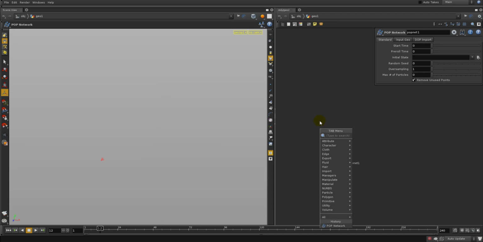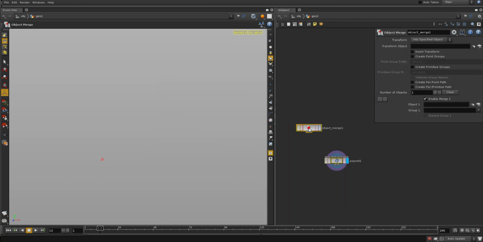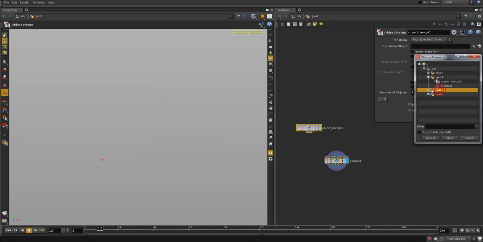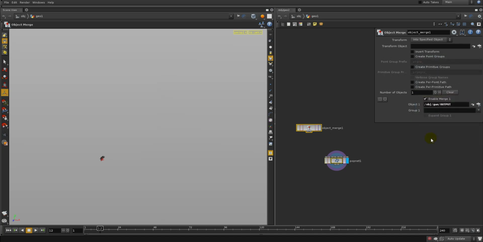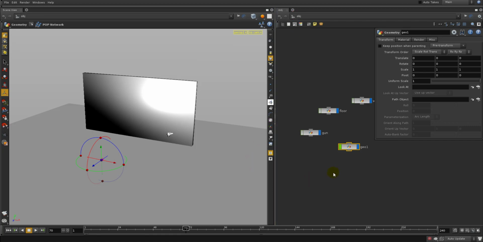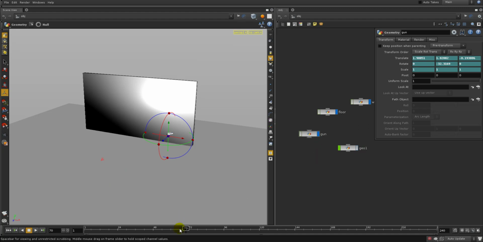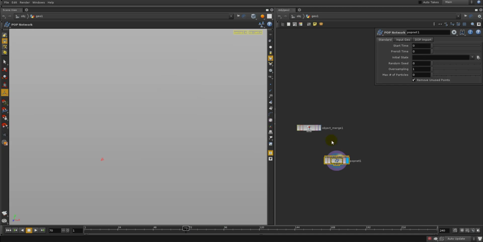So let's see. What do I use to bring in another object? Object merge. Good job. Here we go. Okay. So first thing I need is my gun, right? So I go to gun, and there's my output null. Okay. There's that. Now the thing we might notice about this gun is I thought I just animated that gun. Like, whoa, what's going on there? So if I look at my gun here, it's way over here and it's doing this stuff. But when I bring it in,